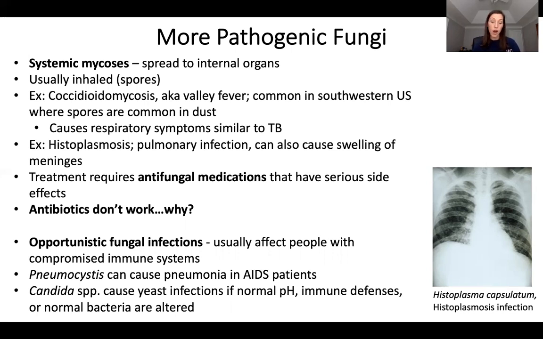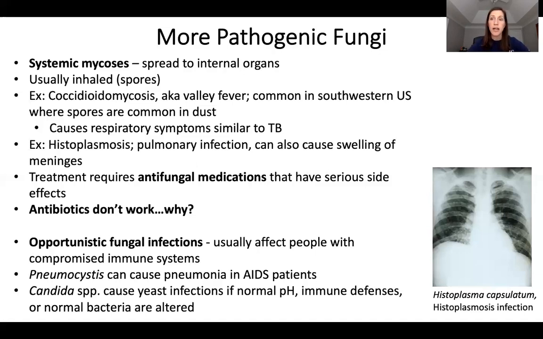And so if you are developing a medication that can interrupt those metabolic pathways in a fungal pathogen, it can also cause interruptions in the cells of the human that's infected. So it can be pretty serious to treat systemic mycoses. And antibiotics don't work. We know why, because if you go back to the first lecture for chapter 13, we were talking about bacteria. Antibiotics are designed to interrupt the metabolic pathways of bacteria, not going to do anything to a fungus. So you have to have specific antifungal medications.